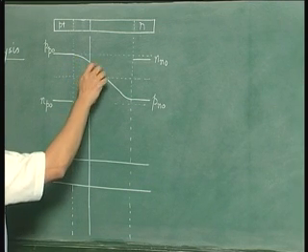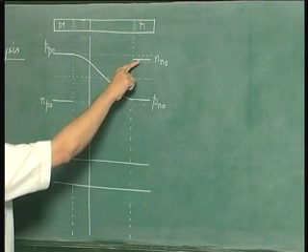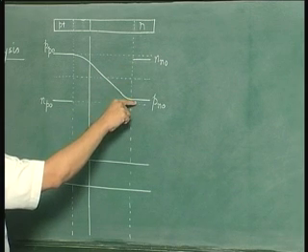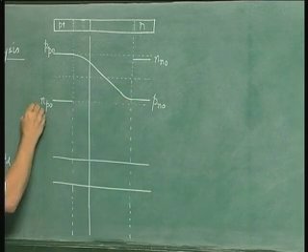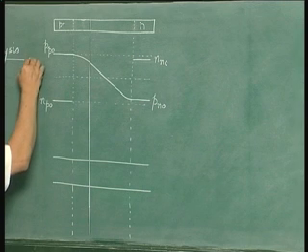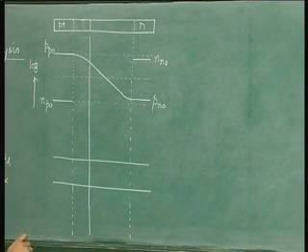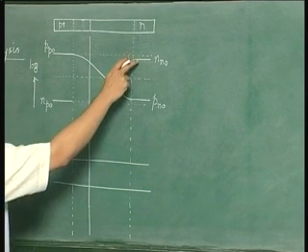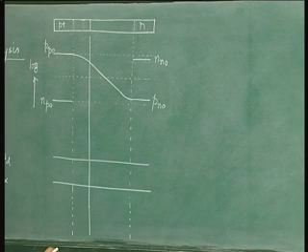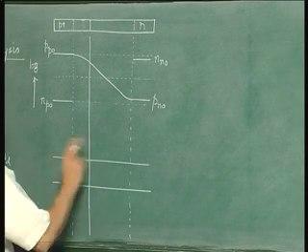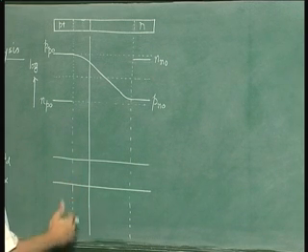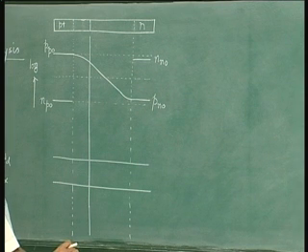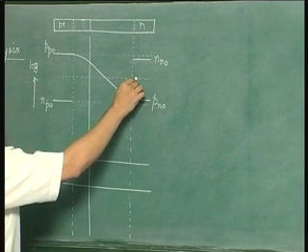under equilibrium conditions, the concentration of electrons and holes, the product of these two is ni squared. So when you plot it on a log scale, which is what we are doing, this is log concentration on a log scale. We are plotting the concentrations on a log scale because we want to show both the majority and minority carrier concentrations. So when we are doing that, as pointed out in an earlier lecture, the ni point will be exactly